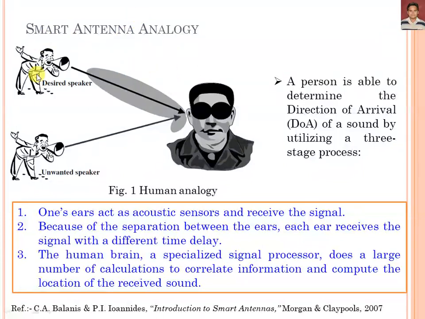In this figure, you can see that there are two users. One we have termed the desired speaker, and the other one is the undesired, unwanted speaker, and these two users are located in a dark room, where the voice of the speaker arrives at each acoustic sensor,